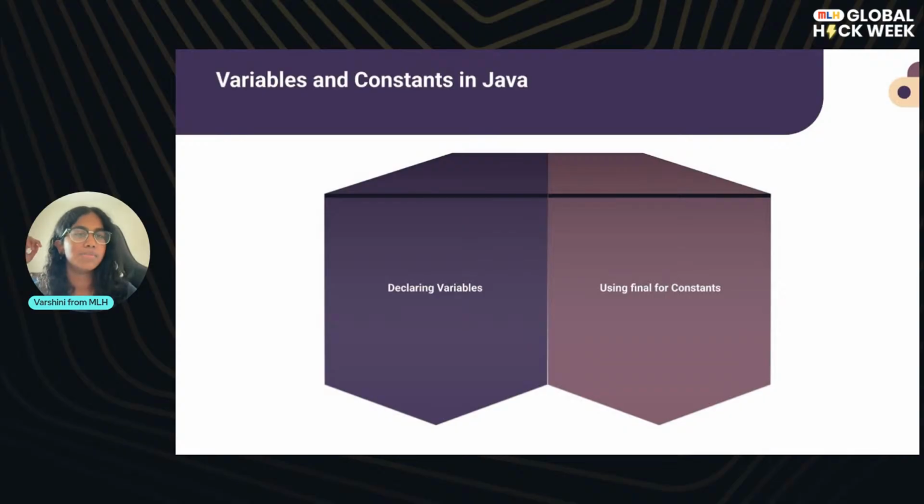So for example, a lot of examples that people will use for the final variable is like you can do final double pi, and then it'll be like 3.14159, whatever the rest of the digits are. And that's because the value of pi will never change. And what's the point of making it into something that can change when you can just call it final? So if you try to reassign the value of pi, so if you try to do like pi equals 7 later, Java will not let you do that, and it'll throw an error. So it'll make sure that you are doing what it wants you to do.